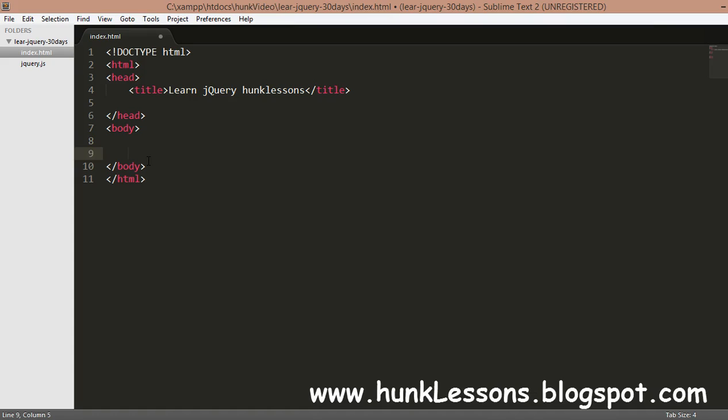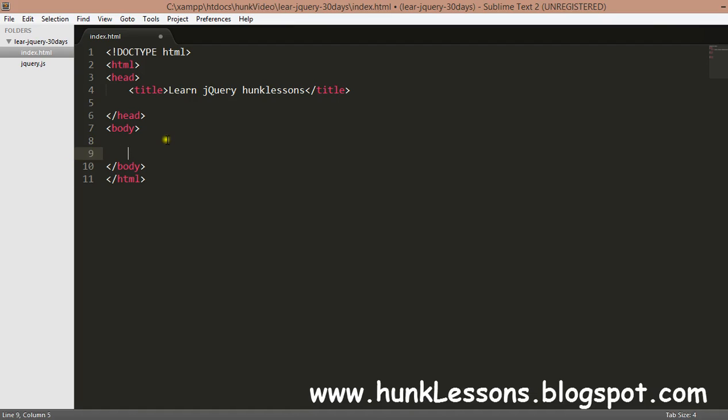For example, if you give jQuery a task to change the color of all the p tags, and you have loaded jQuery before the p tags have been loaded, that will give you an error because jQuery doesn't know where the p tags are. That's why we will load jQuery at the end of the document. First all the stuff of our document will be loaded, then our jQuery will be loaded.